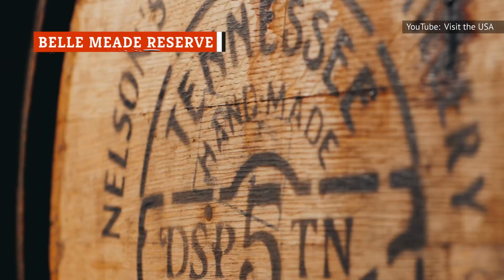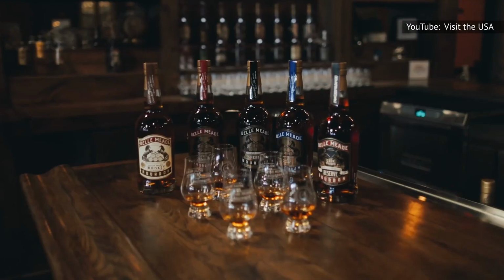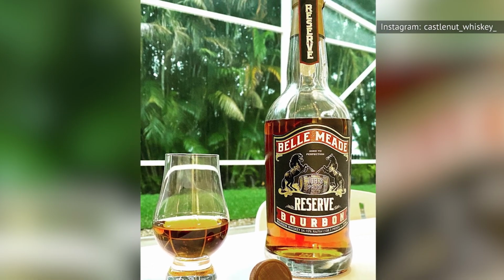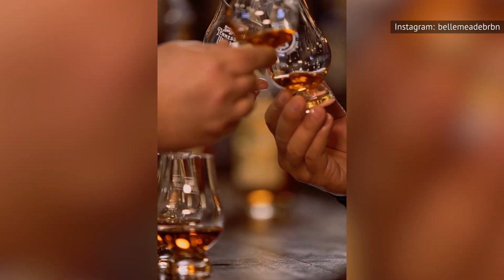Meade Bourbon is a product of the Greenbrier Distillery, based in Nashville, Tennessee. Meade Reserve is that company's premium brand, known for its high proof, 108.3 according to the label, as well as its high rye content. According to Bourbon Inspector's tasting notes, Meade Reserve sounds as if it might be the pastry